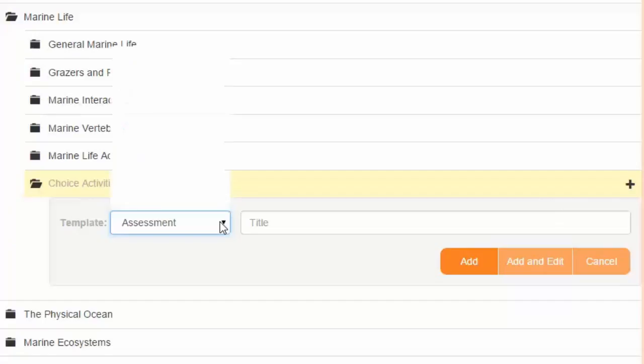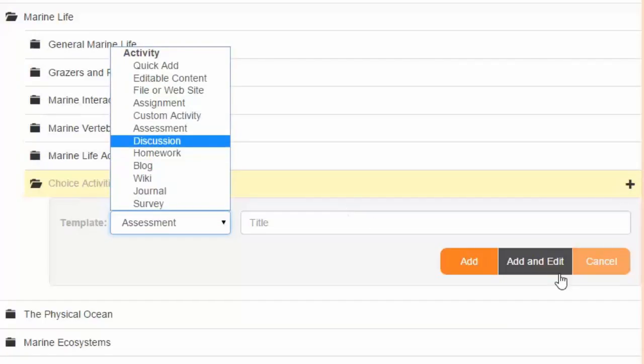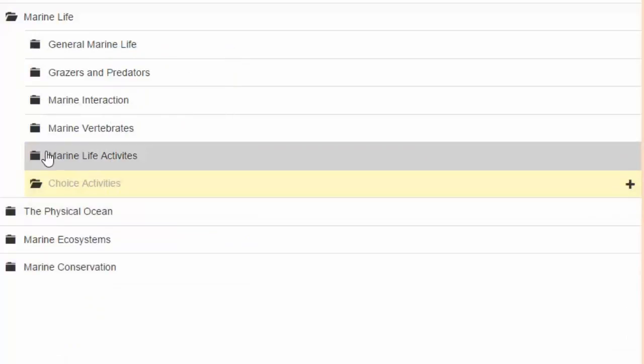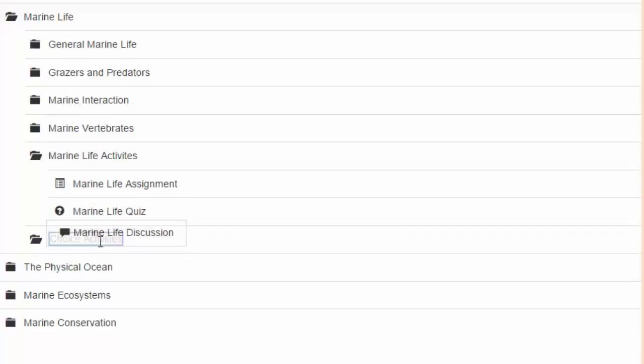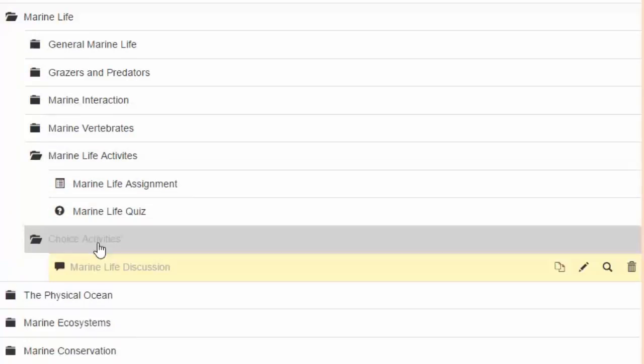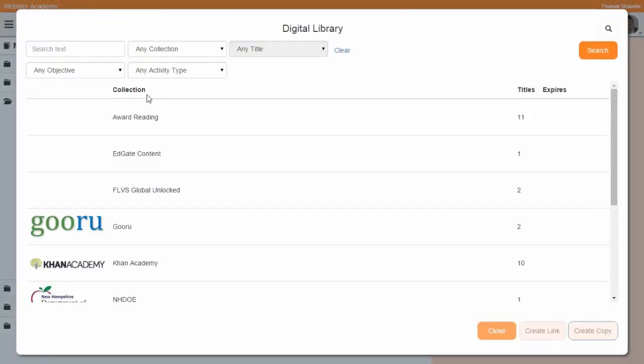I could come in and create them one at a time. So that's an option. I could also find an activity and drag that activity into the choice folder, so I could take it from somewhere in the course, or I could come and search the digital library. So in this case, I'm going to search the digital library for